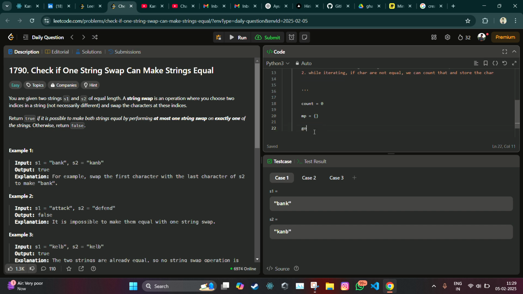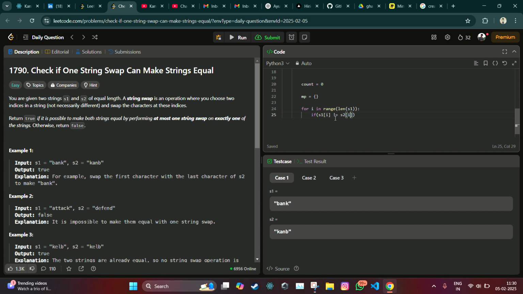So for i in range length of s1, first of all, it is given that the lengths of s1 and s2 are equal, so we don't have to check it. So for i in range length of s1, if s1[i] is not equal to